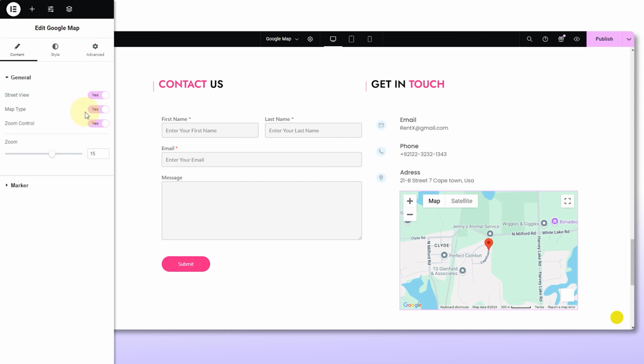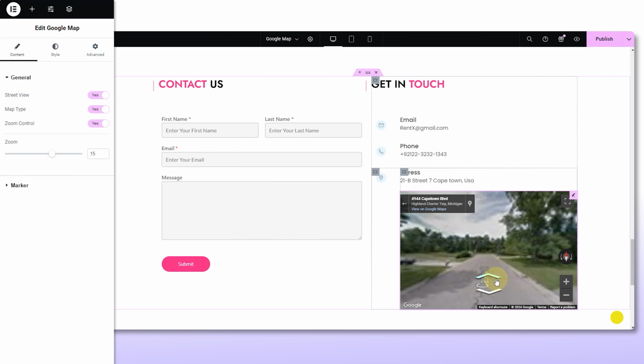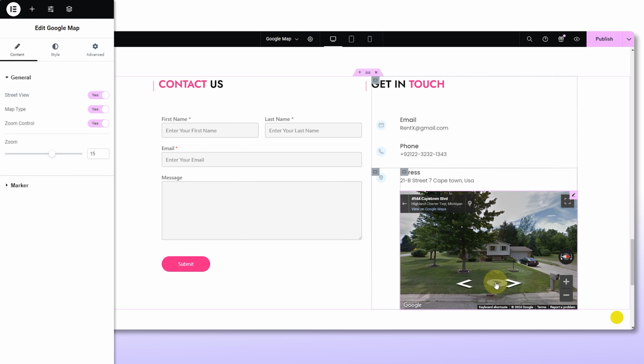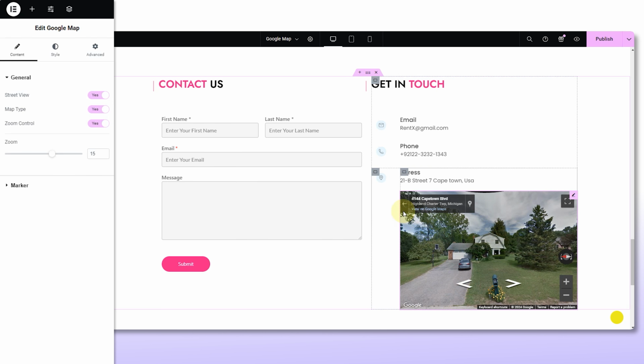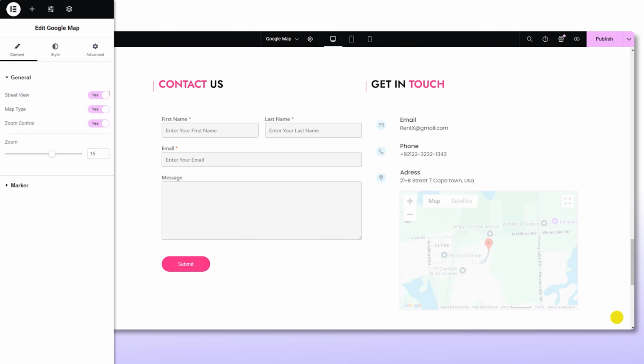Let's jump on to the general section. Here you can enable or disable various features. First we have Street View. Simply double-click the right mouse button to drop the pegman onto any location on the map. This will open Street View where you can navigate using the arrows. Rotate the view with the compass icon. It's so awesome, right? And return to the map by clicking the back arrow. If you don't like it, disable it. I am keeping this cool feature.